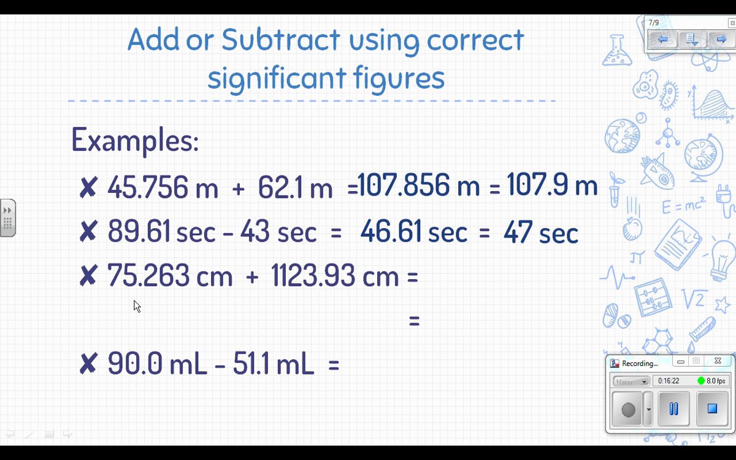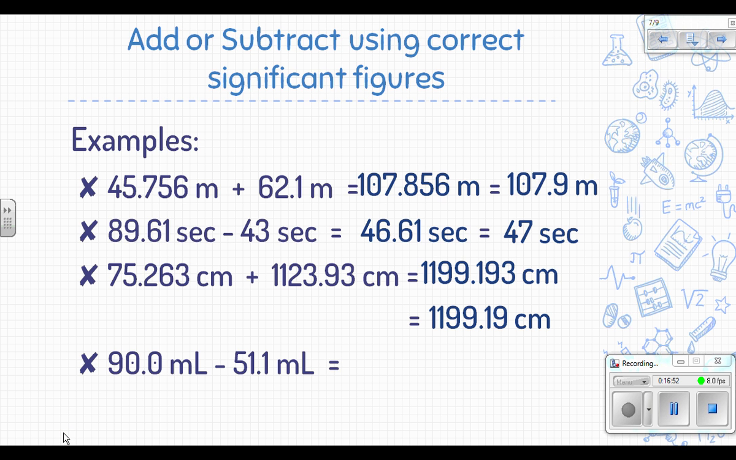Okay. For this next one, if we take 75.263, which has 3 after the decimal, and 1,123.93, which has 2 after the decimal, and we add them together, we get this really long number. Well, we're only allowed to keep 2 after the decimal, because that was the fewest. So we keep the 1, we keep the 9. We look at the 3, it's less than 5, so it's not going to change that 1 and 9. And so we'll just leave it as